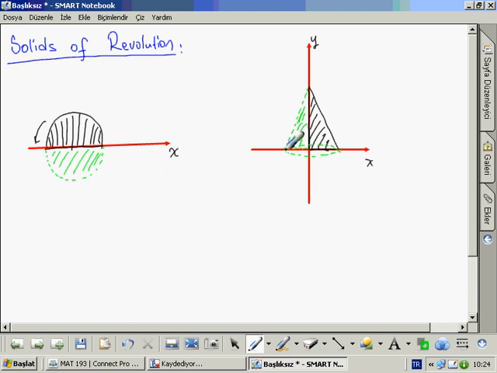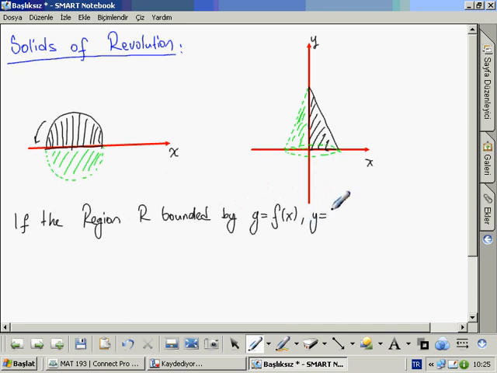Okay, and the solid right circular cone, as you see, and if the region bounded by f of x and y equals, let me write the definition of it. Are bounded by y equals f of x, y equals 0, x equals a, and x equals b is rotated about the x-axis,